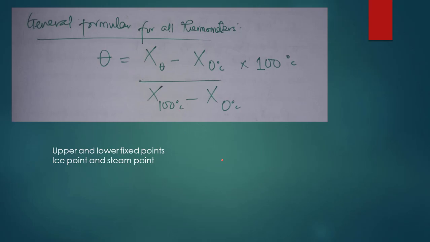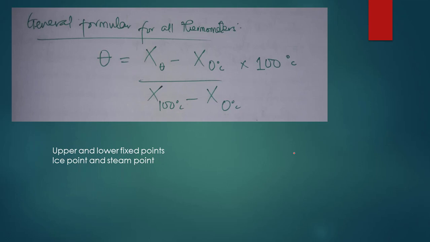So the general formula for all thermometers. But before we go there, as I said earlier, tutakuja kuona mbele the fixed points. So for this case tutaelezea maana ya upper and lower fixed point. For any thermometers, kama unakumbuka tulisema lazima iwe na fixed points. Fixed points kwamba lazima kuwe na upper limit ya hiyo thermometer na lower limit ya hiyo thermometer, so that inatusaidia